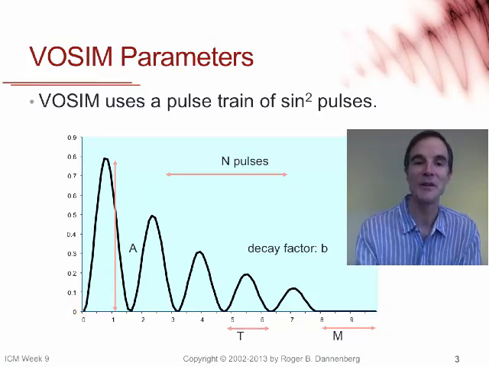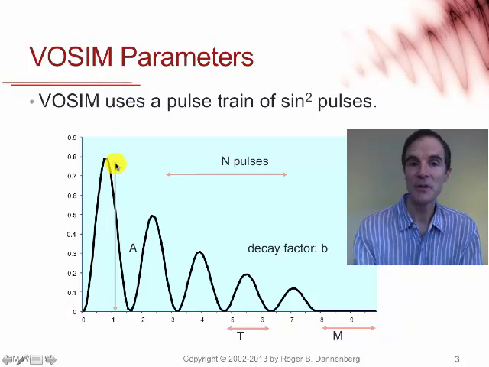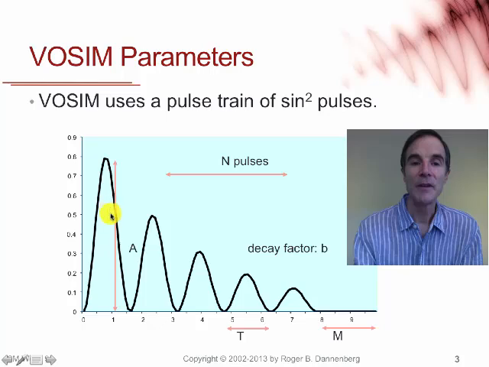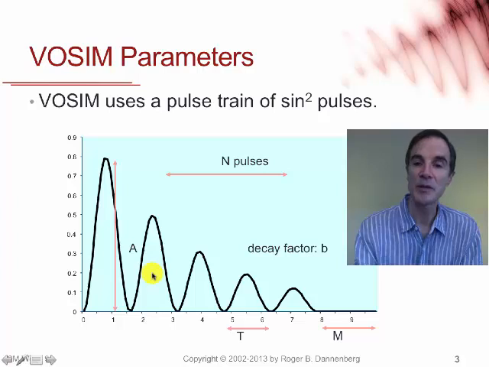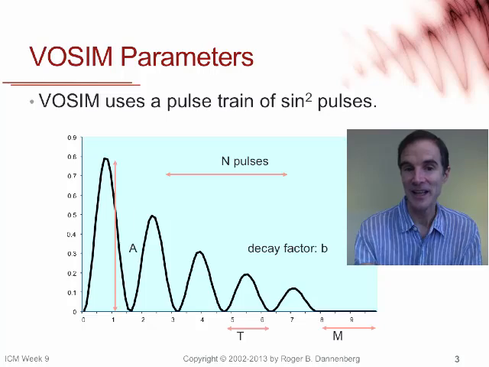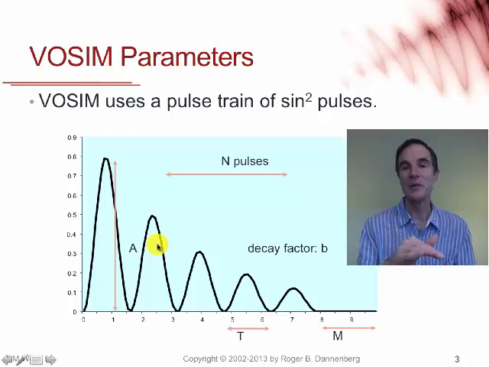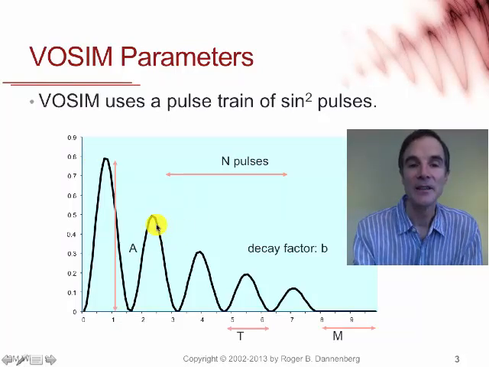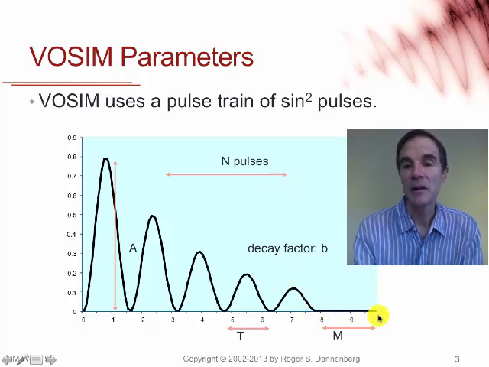a characteristic of Vosim. The parameters of Vosim are that we have an initial amplitude A, we have a frequency, or the period, which is T. We have a decay factor. So each one of these pulses is just the previous pulse multiplied by a decay factor, which is also interesting. So it's not continuously decaying, but it's kind of an approximation of continuous decay by only multiplying each pulse by a factor. And so these pulses diminish, and we synthesize N pulses, and we follow that by a duration